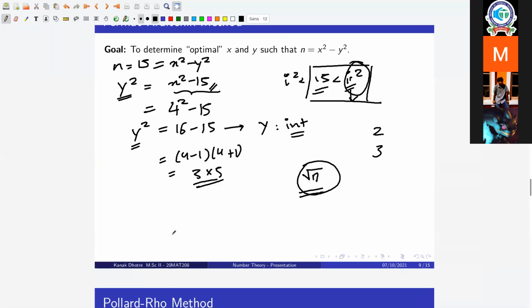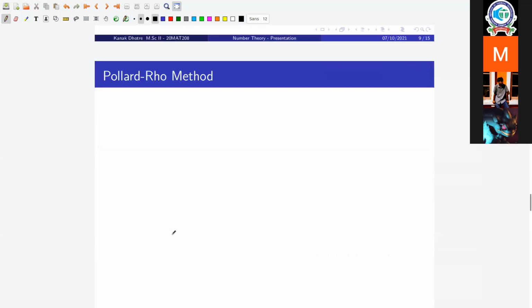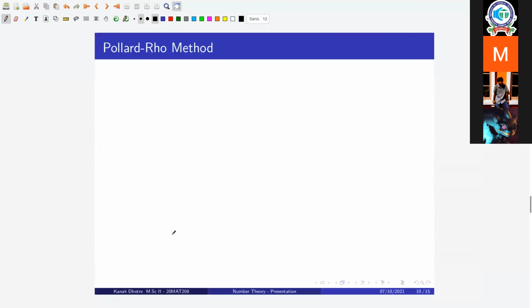So let's look at this one last method. Some of the ideas that sir was talking about, using polynomials or sum n, etc., we'll be starting with those ideas here at least. So what we want to do is, given a number n, we want to write it as some p times q.